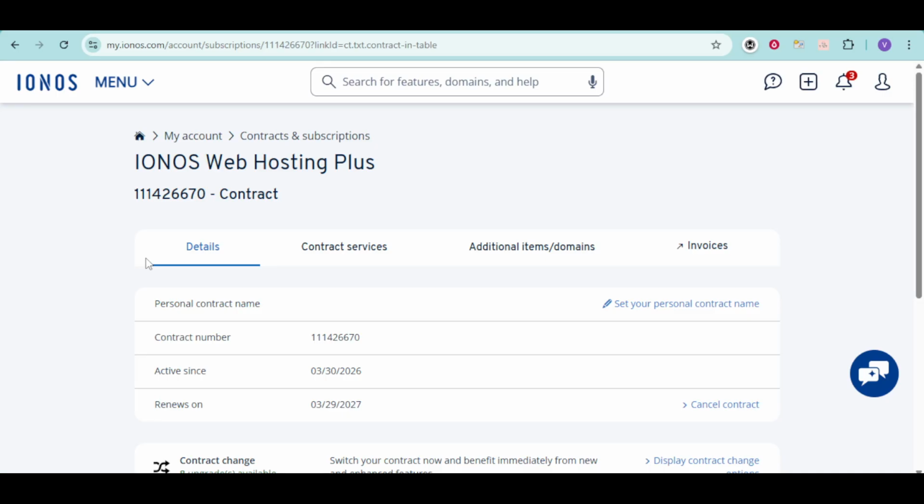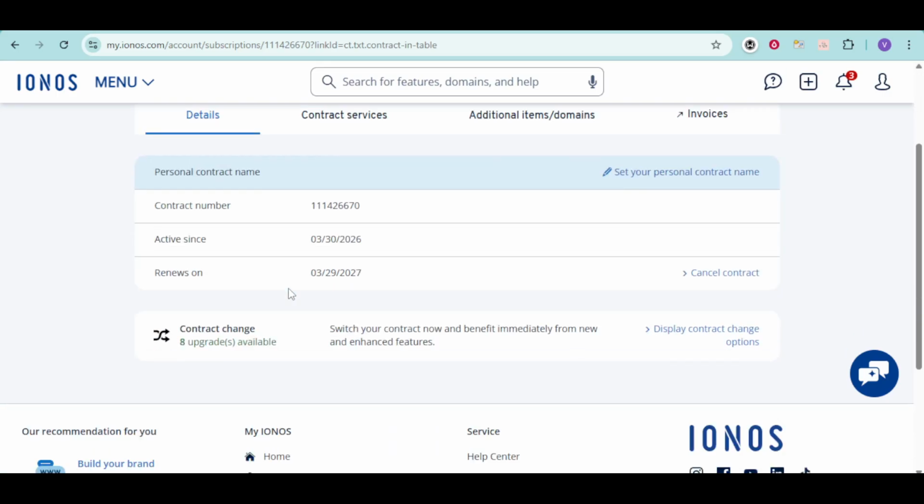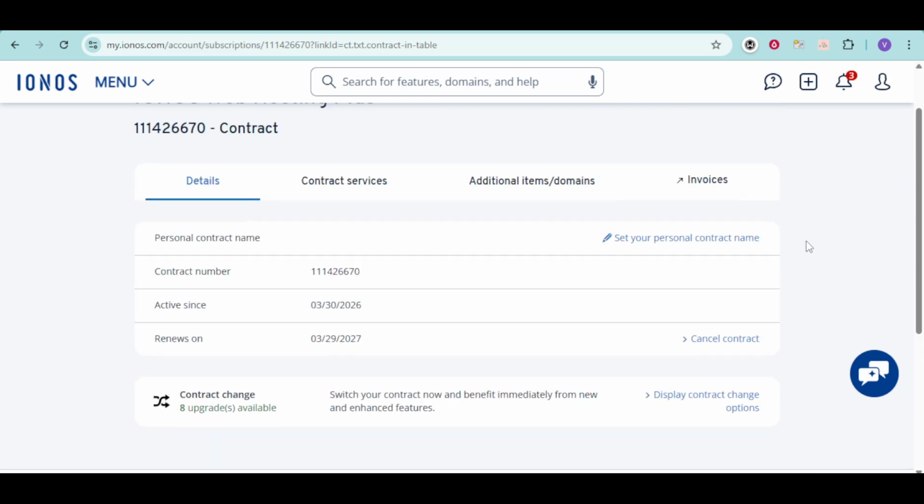You should now be on the Details tab for that contract. This page usually shows information like the product type, the term or billing period, renewal date, and sometimes pricing details. It's a good idea to quickly scan this information to confirm you're looking at the right contract before you proceed